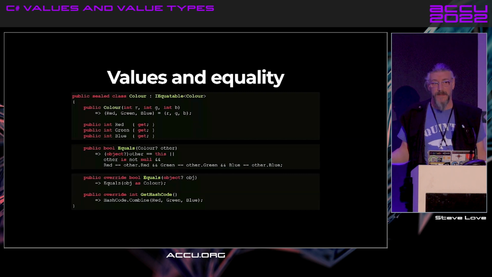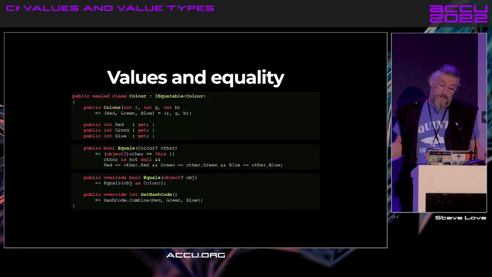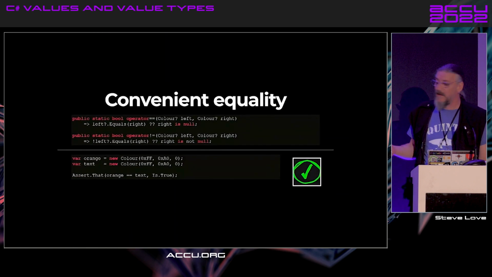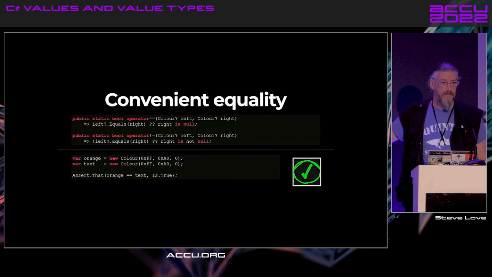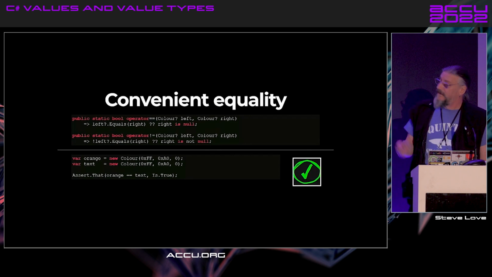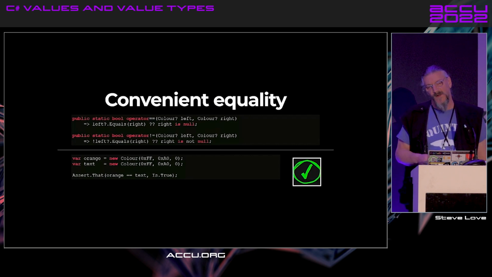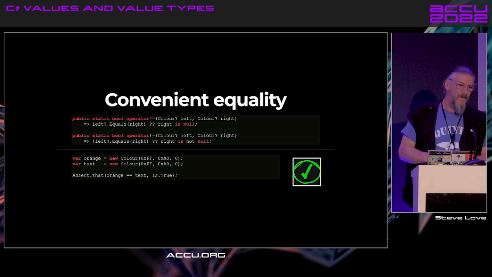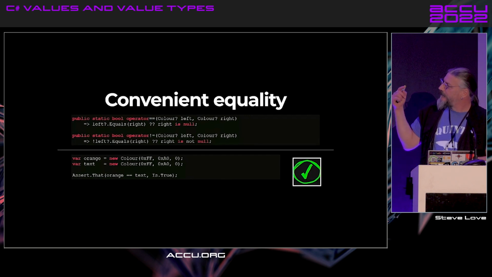So it's pretty straightforward, but it is a reasonable amount of typing. And then, as I say, we can also override the equals equals and not equals operators for our type. I've deliberately gone a little bit more arcane with these. These aren't particularly new features, but they've not been there since the very beginning. We've got, in the equals equals operator at the top,